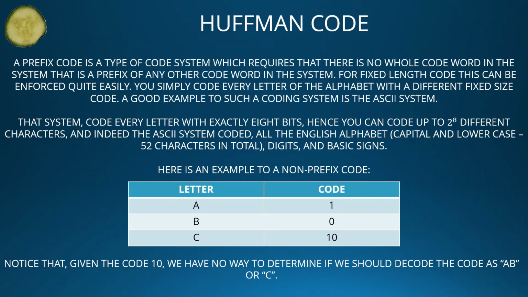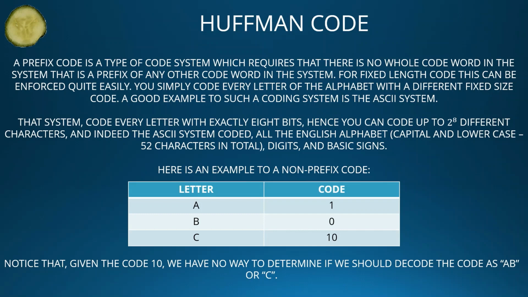A good example of such a coding system is the ASCII system. That system codes every letter with exactly 8 bits. Hence, you can code up to 2 to the power of 8 different characters. And indeed, the ASCII system codes the whole English alphabet, capital and lowercase, 52 characters in total, digits and basic